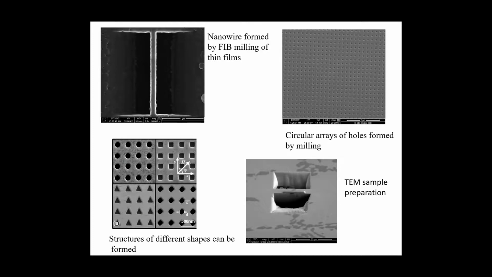Obviously it is not required for powder samples, but for those who work with solid samples, FIB is a very useful tool for TEM sample preparation. So I can show you one video which I took during one of the millings, where I milled basically a wire using the milling. You can see the milling has started on the left hand side, and the image is taken during that time. So the SEM is taking the image in the dual beam system, and the ion beam is doing the milling part.